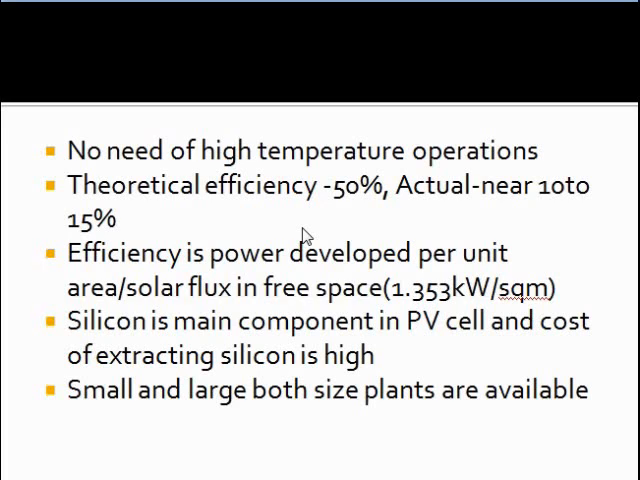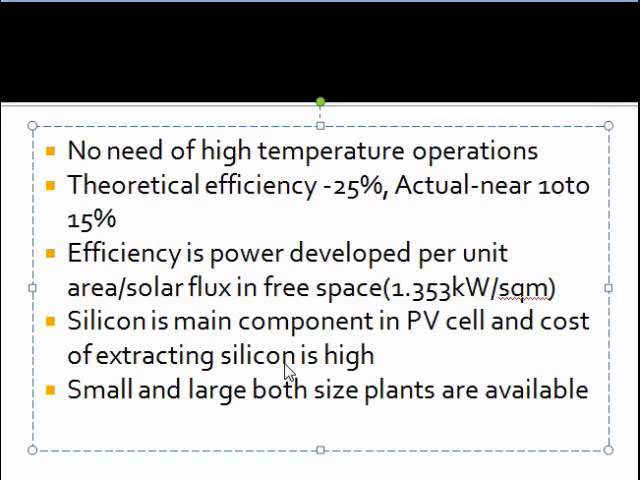And we can see the efficiency of the solar panel is nearly 25%. Here it is mistaken, it is 25%. Theoretical efficiency of the power generation itself for a solar PV cell is 25%, but what we actually get is somewhere near 10 to 15% efficiency. What it means,